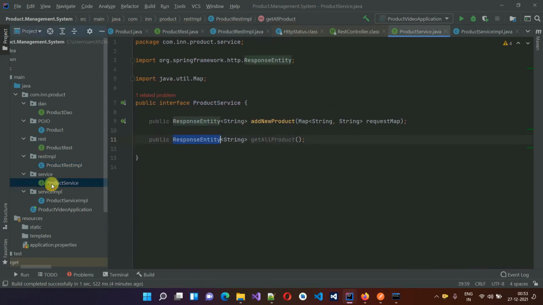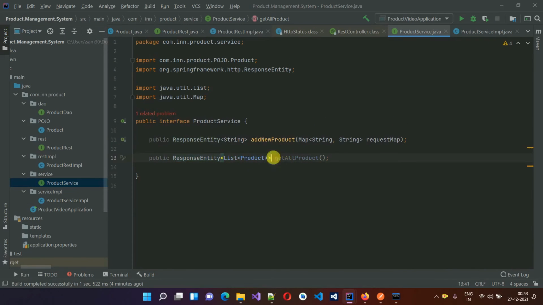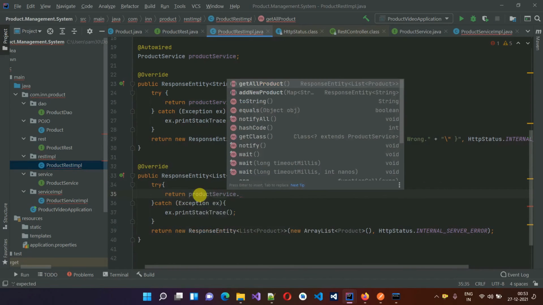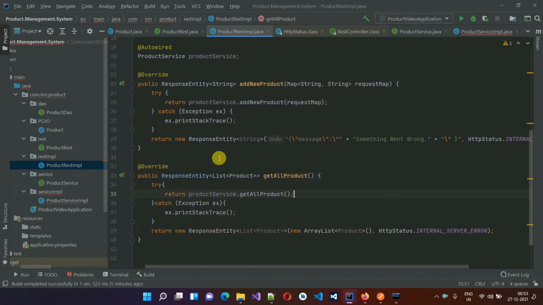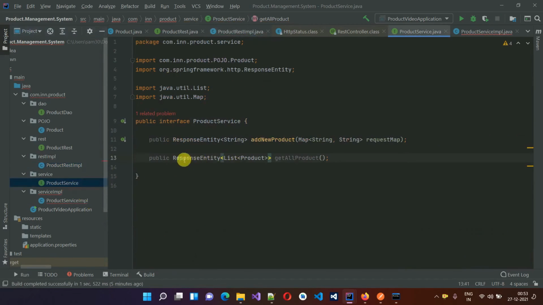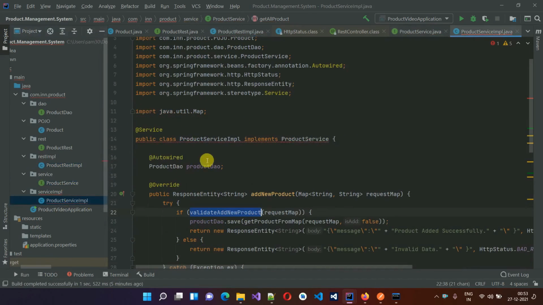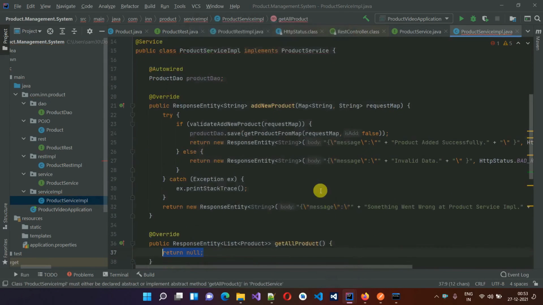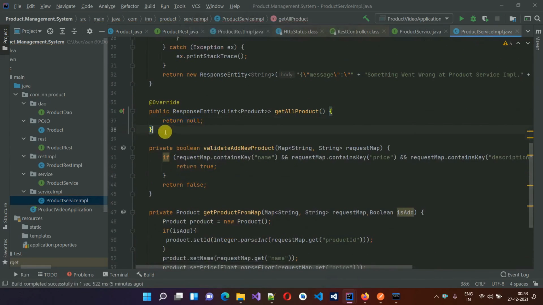Okay, in the product service we have to again change this one, that is a list of product which we are going to return. And now finally we have to move back over here, and with the help of this we have to type return product service dot get all product, like this. Okay, so now the task at the rest impl is done, and service we have already declared it. In the service impl we have to implement it, so just click on this and implement methods like this one and hit OK. Okay, so in the middle it's added, so I'm going to cut it